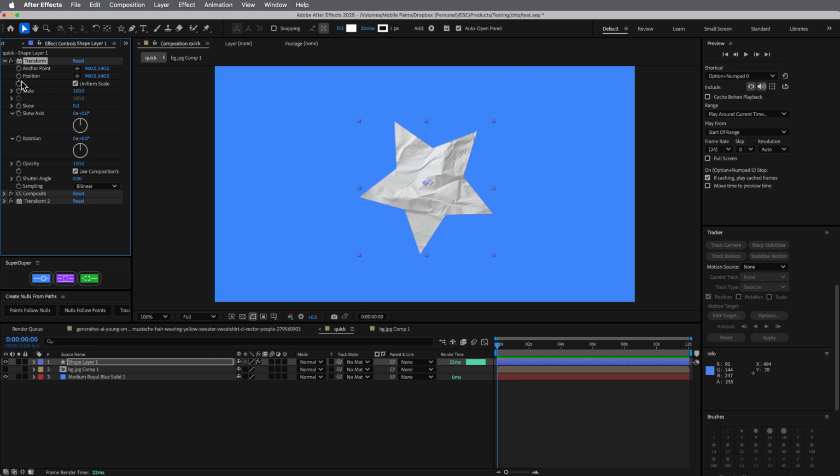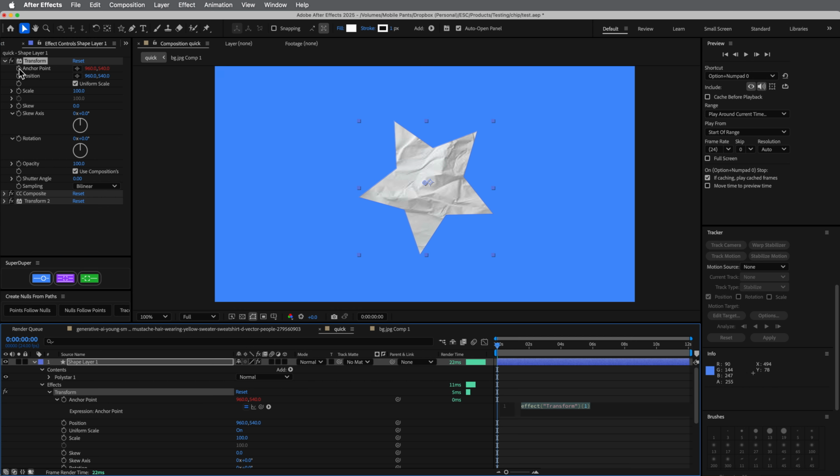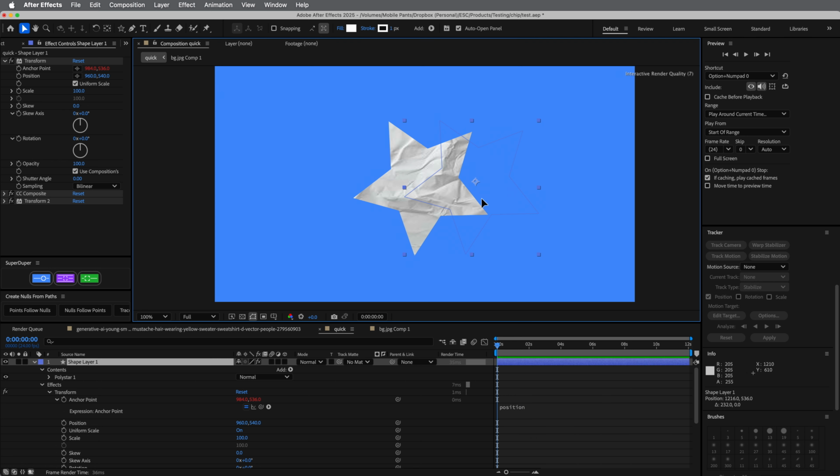On the one above, we're going to not pick whip, but add an expression to the anchor point. So I'm going to just hold down Option, click on that stopwatch, and then it's going to bring me down here where I'm going to just type position. And what that's going to do is it's going to kind of offset it. You can see that the texture is not moving anymore, but